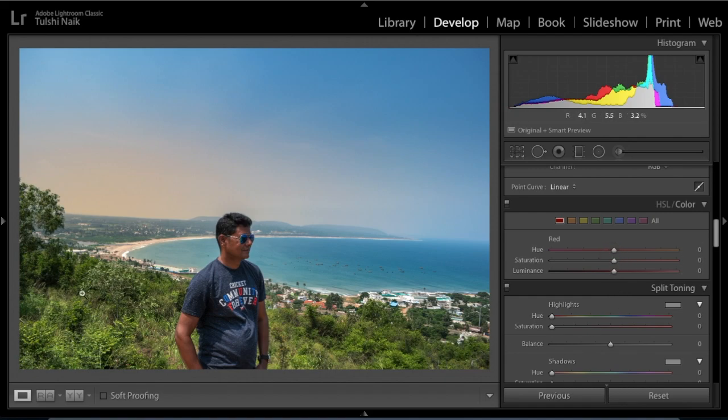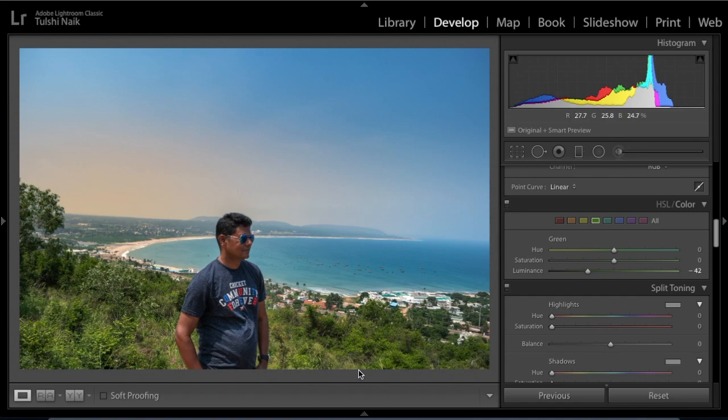So let's target the greens first. As you can see here, greens are washed out with harsh sunlight. So we're going to reduce the luminance till it looks decent. I think this will do. So you can see here before, after.